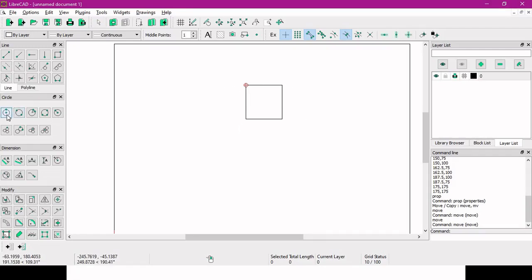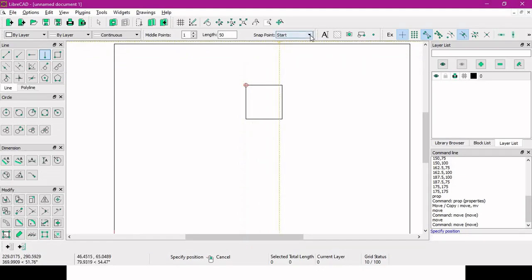Now we will use the circle command. Simply you put the circle command. Earlier we knew the coordinate of this center point, so we directly put the center point. So now since we don't know it, we are going for another approach. Let's draw another line which is vertical and length is 50.